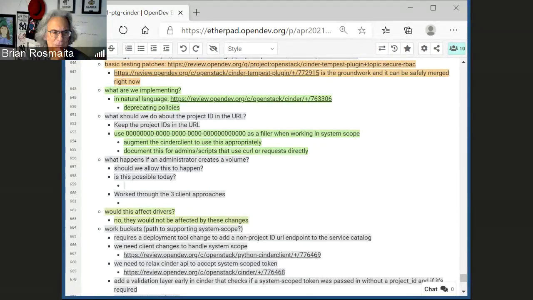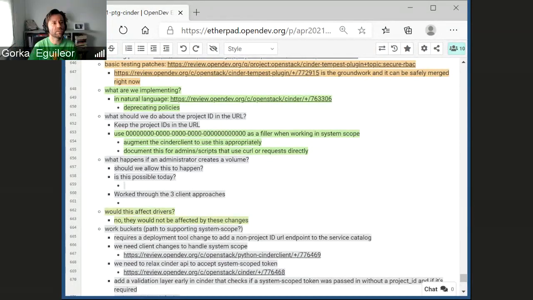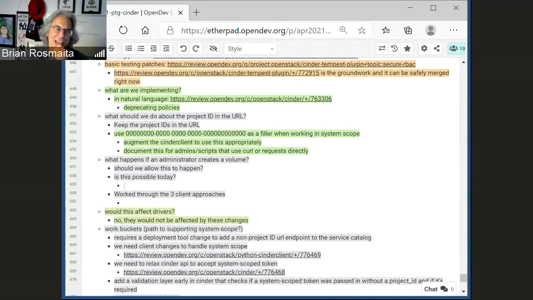I don't think so. But the problem I see there, Brian, is that you can be a project administrator, and you should be able to do that. Or a domain administrator. Well, we're not implementing that. That's going to be for Z.